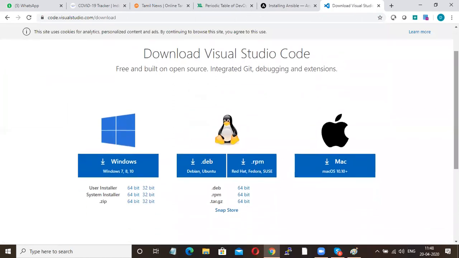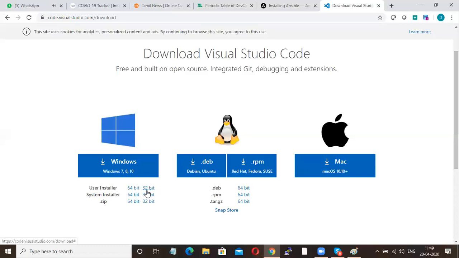Based upon your OS, just install Visual Studio Code, whether it is 64-bit or 32-bit, based upon your laptop. Visual Studio Code is the same as your Notepad++ or Notepad.